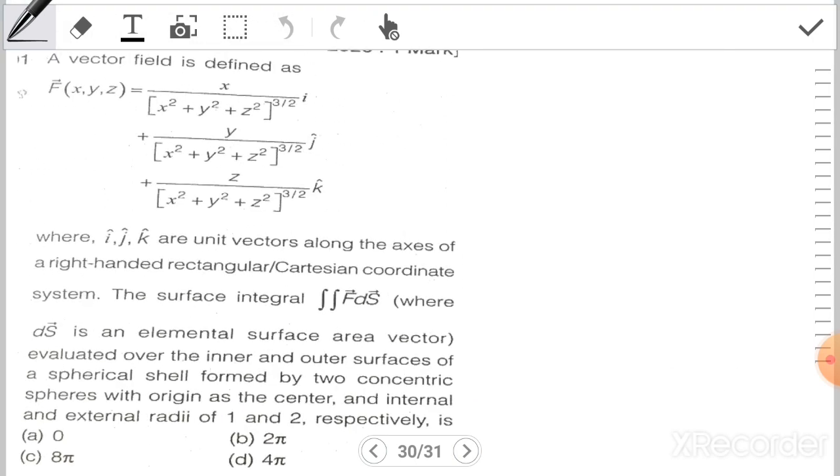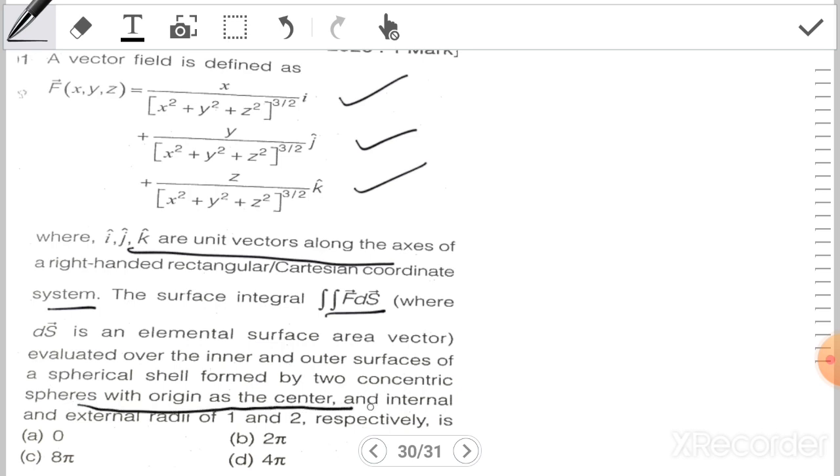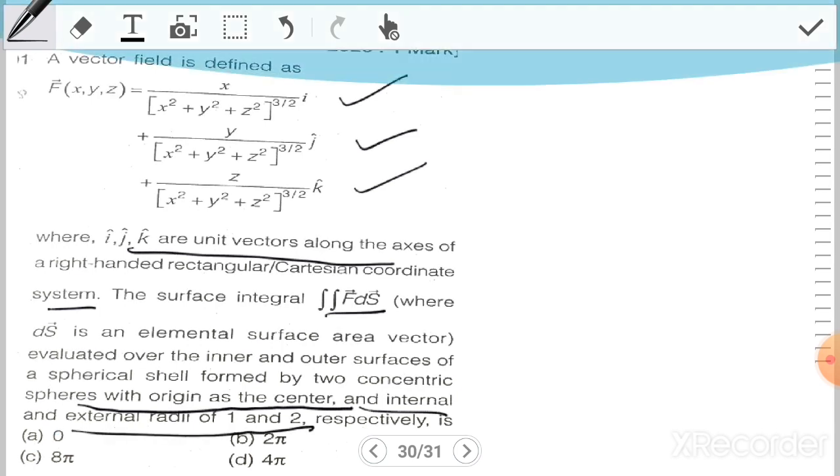A vector field is defined as F, where i, j, k are unit vectors along the axes of a right-handed rectangular Cartesian coordinate system. The surface integral of F dot dS, where dS is an elemental surface area vector, evaluated over the inner and outer surfaces of a spherical shell formed by two concentric spheres with origin as the center and internal and external radii of 1 and 2 respectively, is: